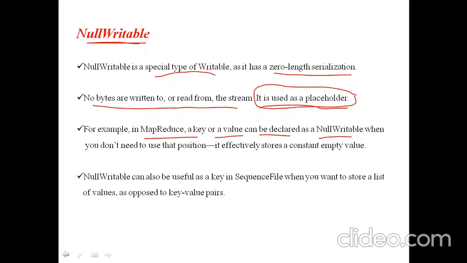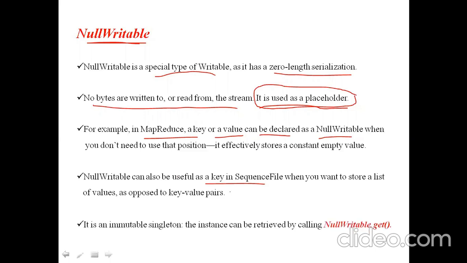If the file misses the key, we use the null writable in the place of the key. If the file misses the value, we use the null writable as the value. Clear? That is briefly about null writable.